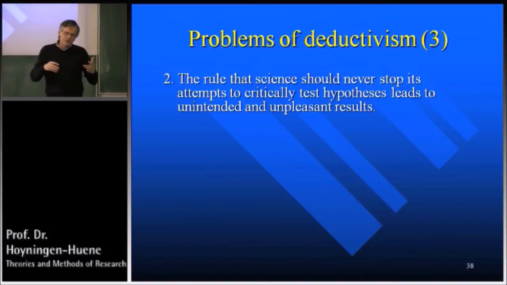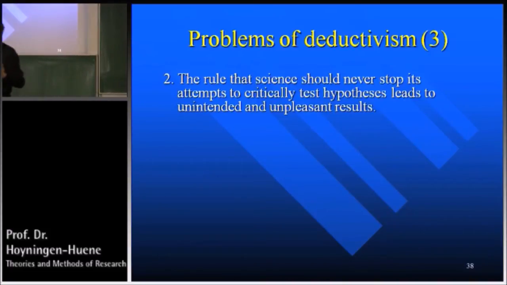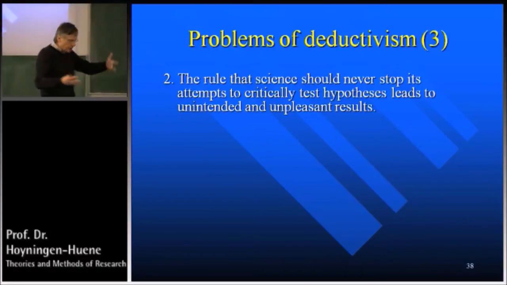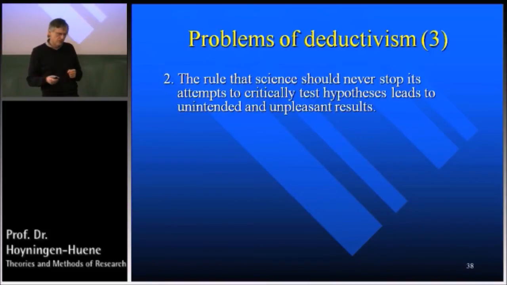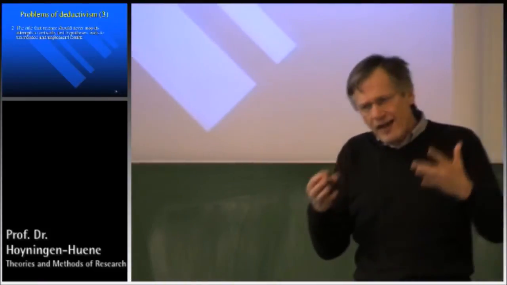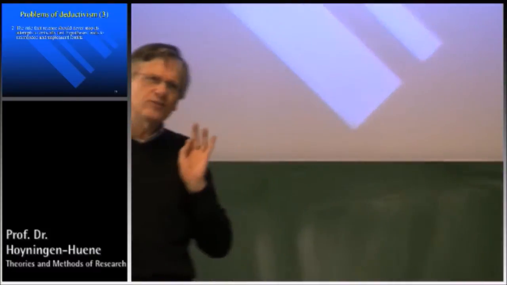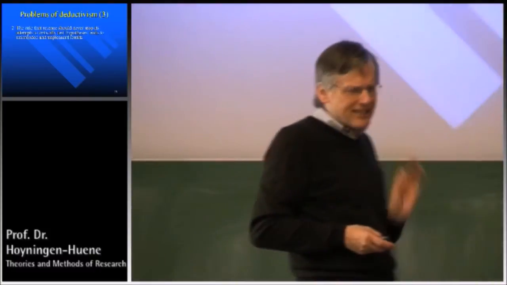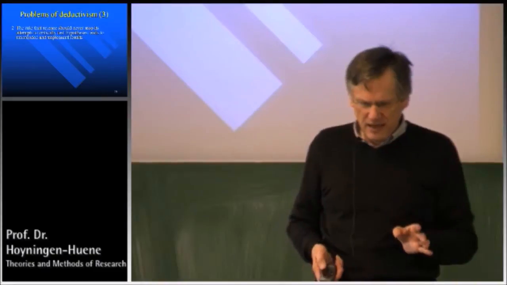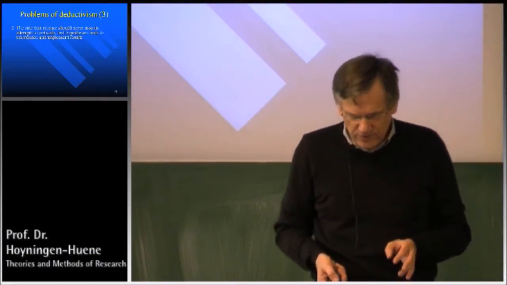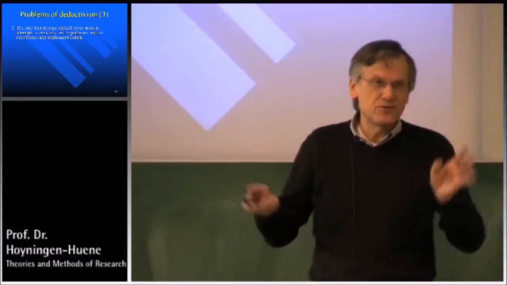I mean, this critical spirit of science made it attractive to Western intellectuals at least, and of course to other scientists who entered the Western tradition, in a sense, by joining this movement of modern science, which is a Western invention, of course, no doubt. But it looks so attractive, this critical attitude, but if you look a little closer, this critical attitude produces unintended and unpleasant results. And I'm going to show you why. And then you perhaps say, I don't want to be a very critical scientist, or perhaps you draw other consequences.